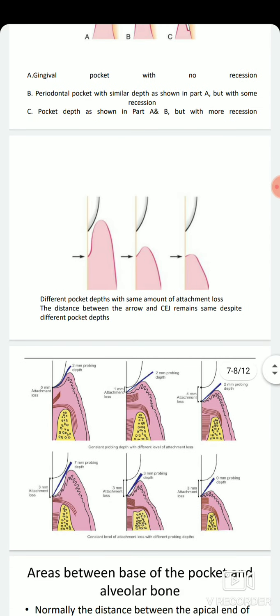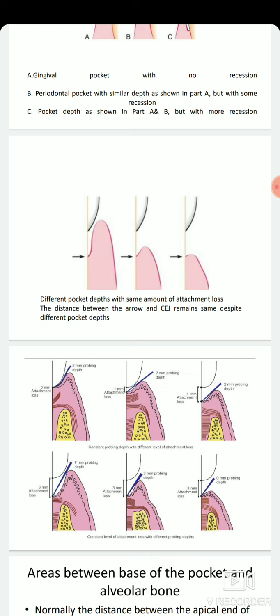And the next figure, the present picture shows different pocket depths with the same amount of attachment loss. So attachment loss is from the cement enamel junction till the base of the pocket, and the distance between the arrows and cement enamel junction remains the same despite a difference in the pocket depths. So in the first picture, suppose about 5 millimeters of pocket depth is measured, that is from the crest of the marginal gingiva till the base of the pocket, whereas in the second picture you can notice